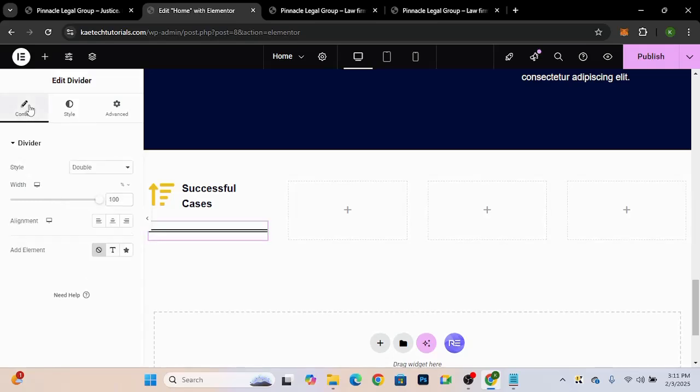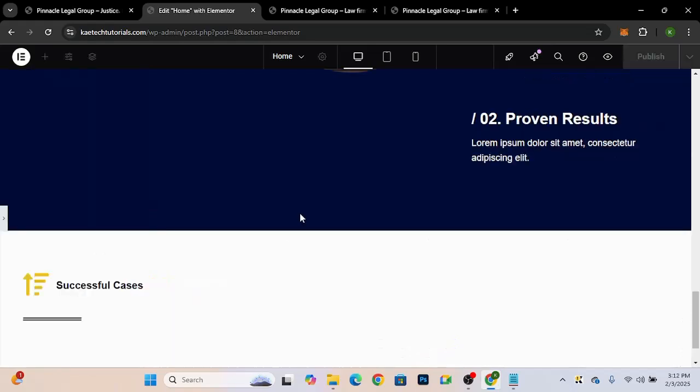And then let me go back over here, and I'll reduce this one to 40. Okay, so it's going to be something like this. Yeah, something like this, right? And then